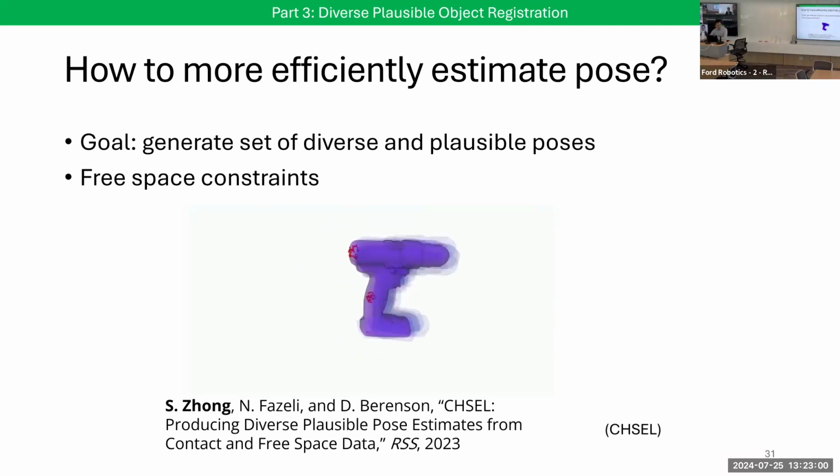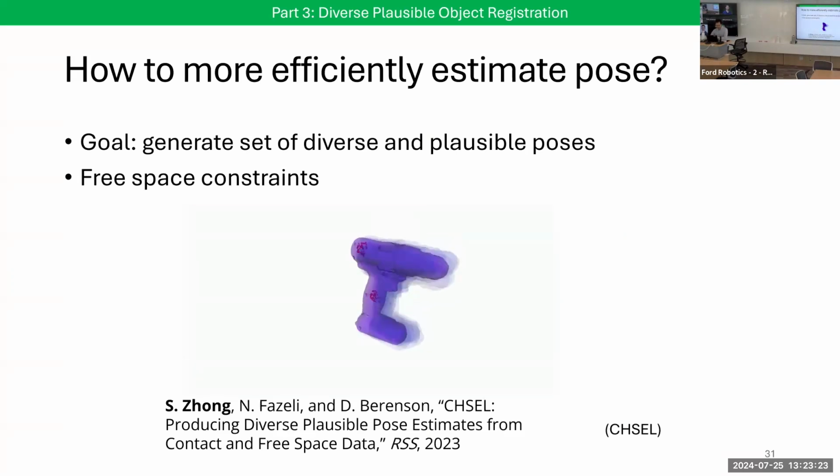One thing that we noticed from the ICP is that many of its estimates actually violated free space constraints that we had to process post estimate. So the idea is, can we use the free space directly? And in terms of estimating the uncertainty of the pose, we propose a way to generate a set of diverse